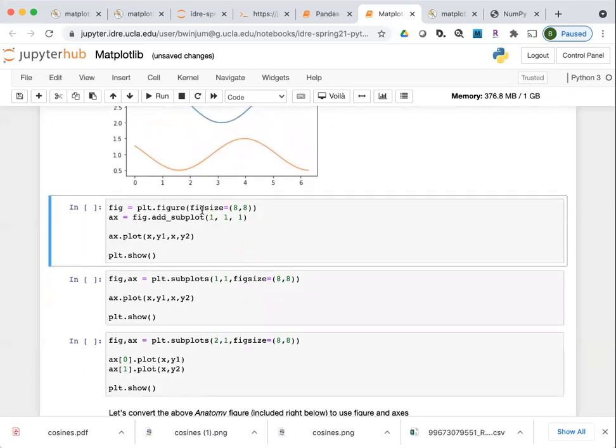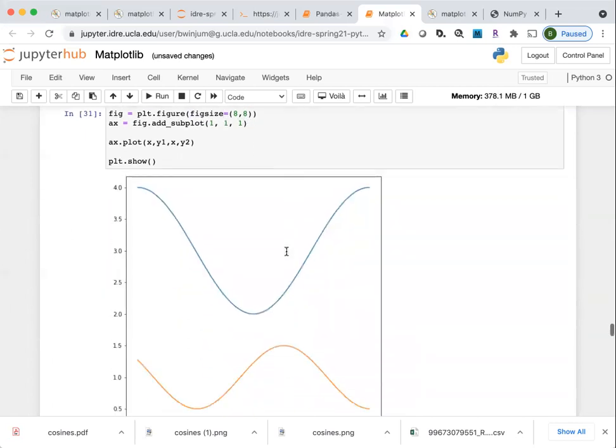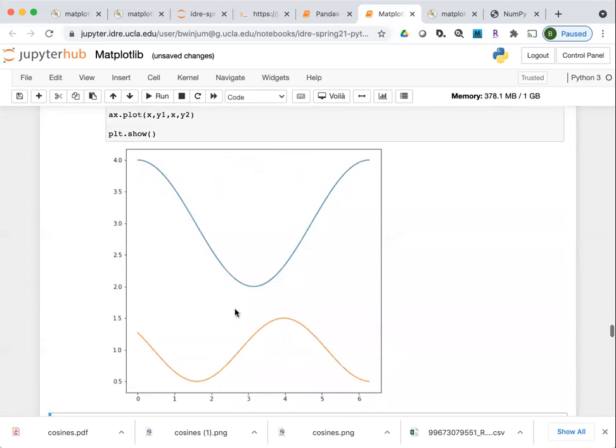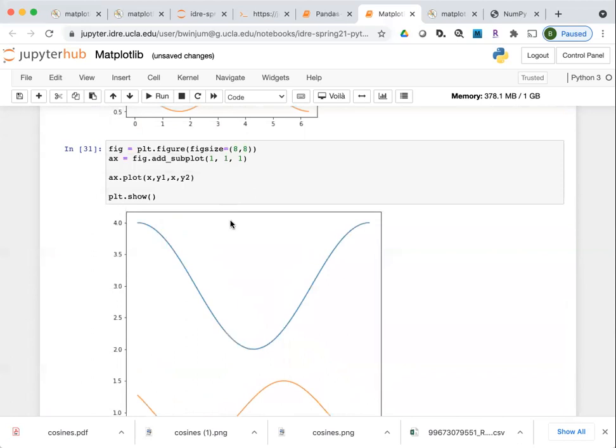When we start accessing these lower level objects, we start having more control over the lower level things that are used to generate the graphics. So here I'm passing in the figure size. The figsize parameter controls the size of the graphic. It doesn't matter whether you specify the commas or not, but you can specify these parameters separated by commas. And now you can see that the graphic is bigger because I passed in the additional parameter for the figure size.